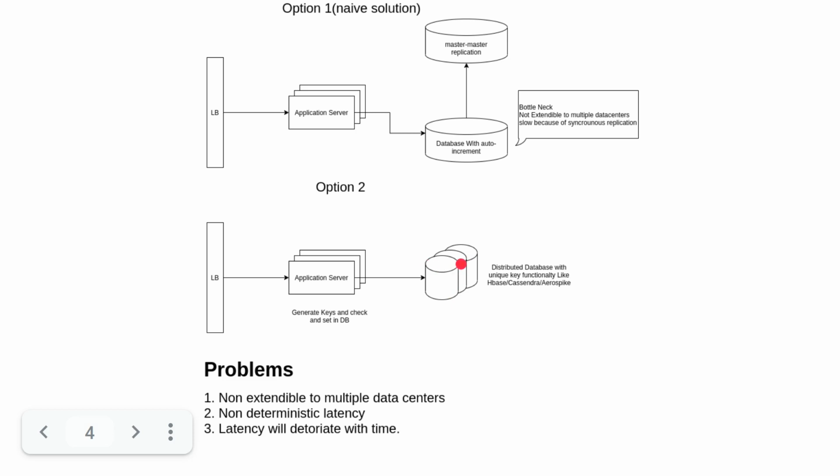And this check and set operation has to be atomic. If the database accepts the key, the application server will return the generated key. Otherwise, the application server will again generate another key and check and set in the database.